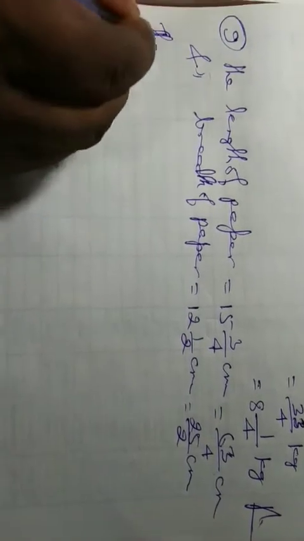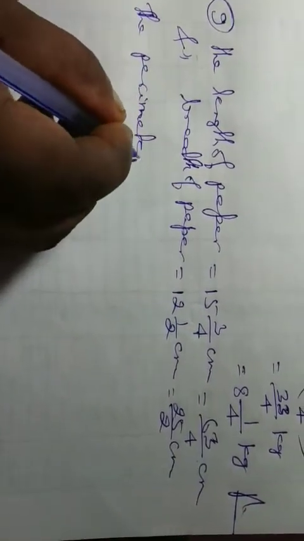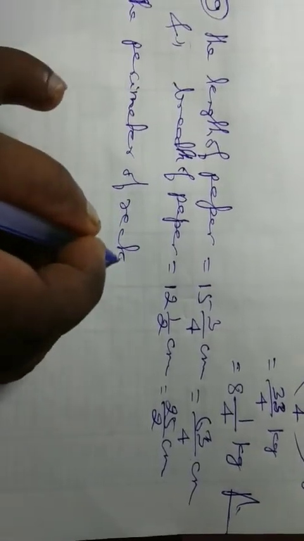The perimeter of rectangular sheet of paper